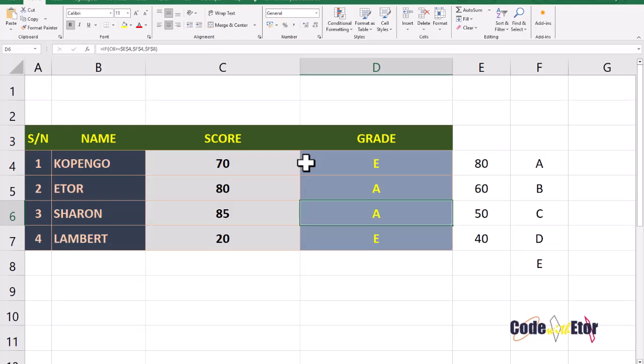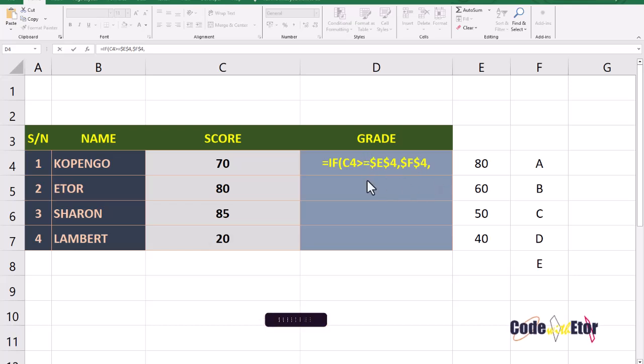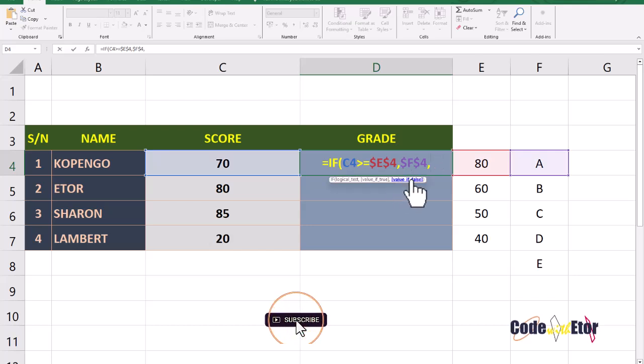So now we are going to move to nested if, how we can combine more than one if. Now to do that, this is how we do it. So equal to if this cell is greater or equal to 80, and I press F4, give me an A. F4. Else, in order to use more than one if,